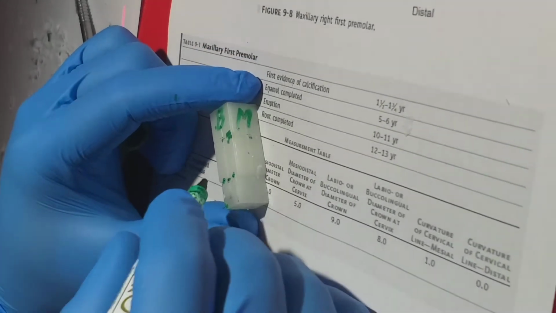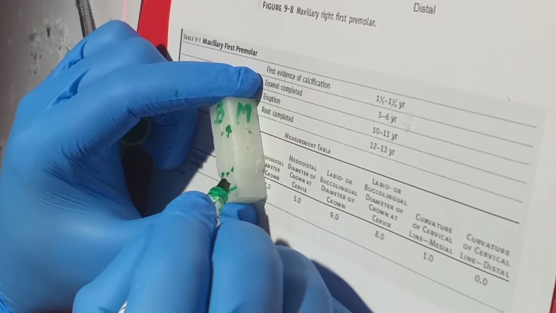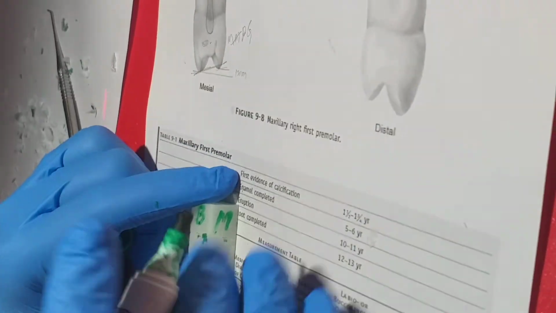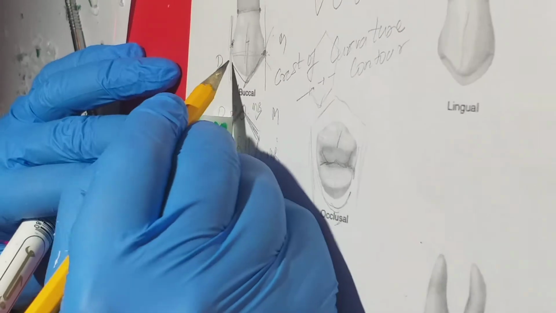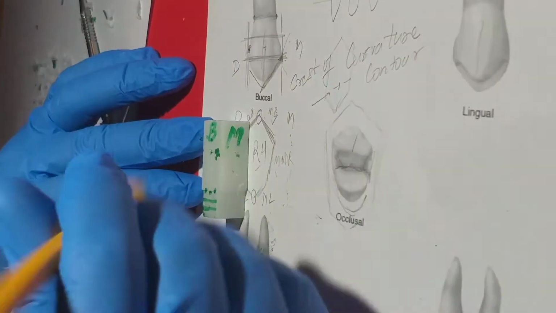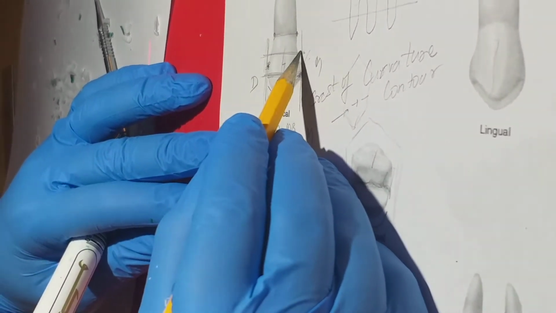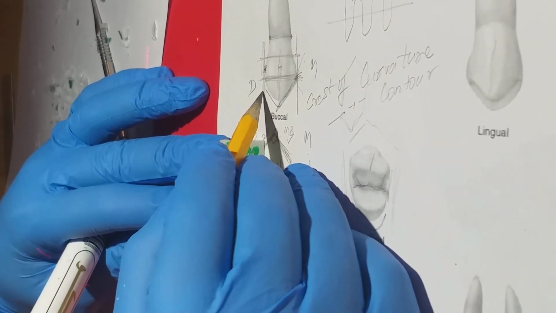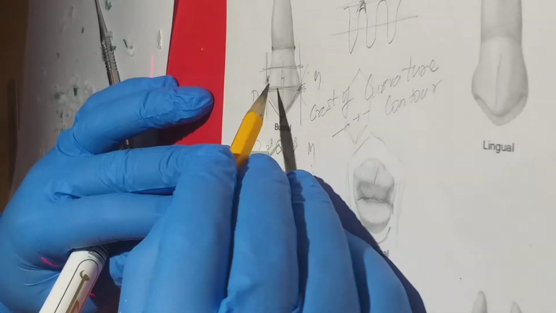Now I divide this buccal surface into 3 equal parts. Why am I dividing this? Because I want to know the crest of curvatures. Without that, this keeps moving. That's why your carving sometimes goes like here, this comes here. So that's why you divide this equally and point out.